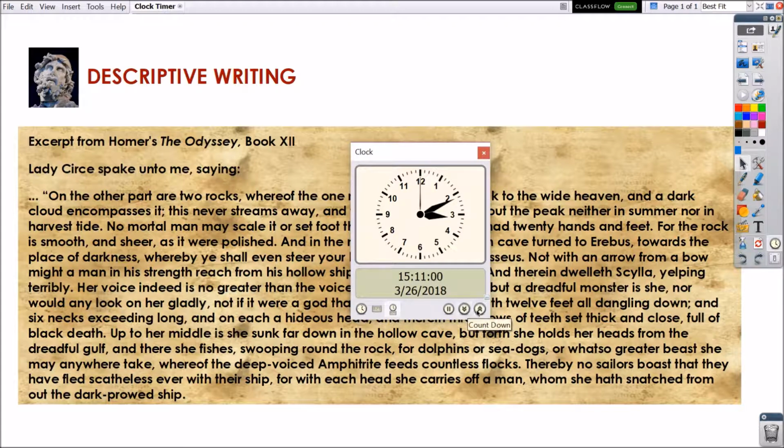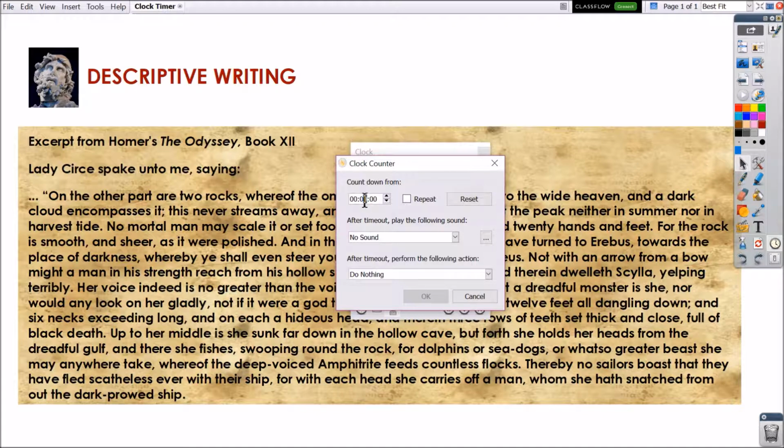Select the Count Down or Count Up to access the timer. Input the amount of time you would like, and you may also choose to have a sound play upon timeout or to perform a certain action. Once you've made your preferences, select OK,